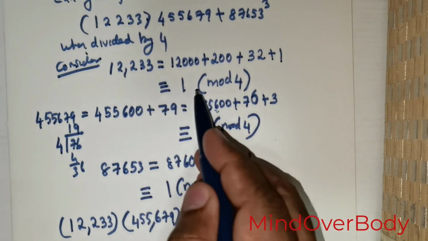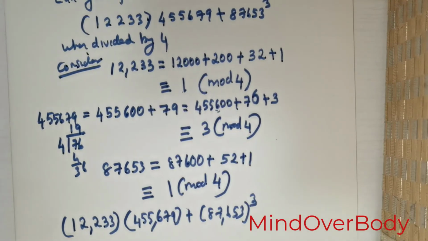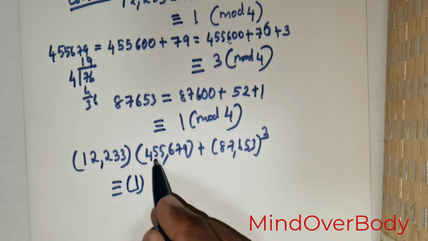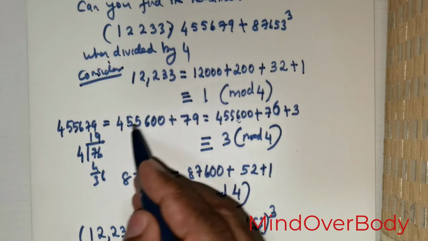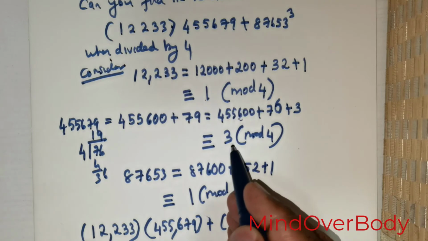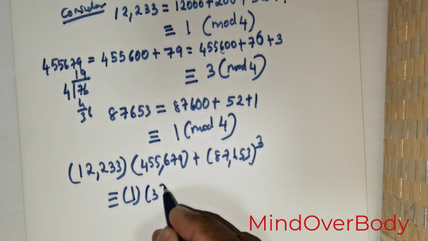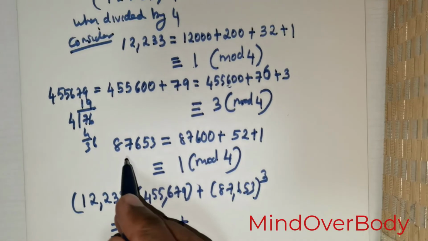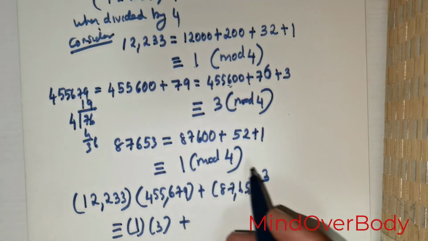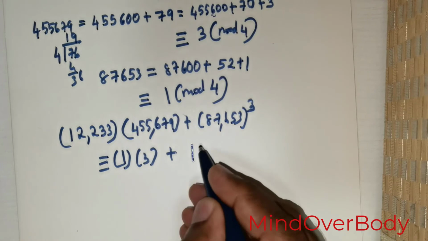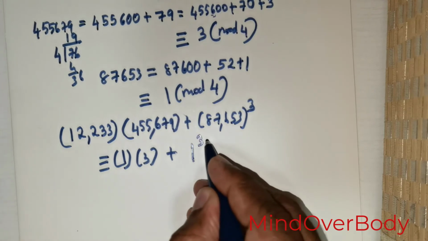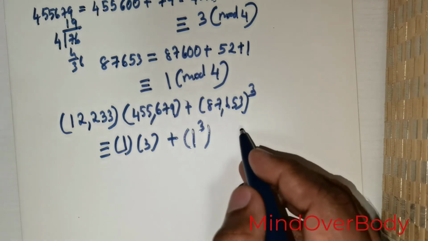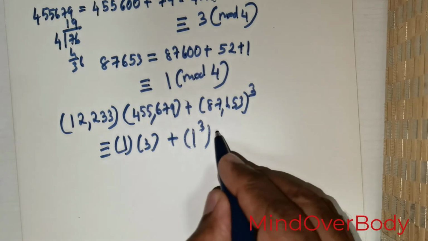This is giving me 1 modulo 4. So this is going to be 1, and this is giving me 3 modulo 4 added with this is giving me 1 modulo 4. This is raised to the power 3, so this is going to be 1 over 3. Okay, 1 over 3, and this entire thing is actually congruent to,